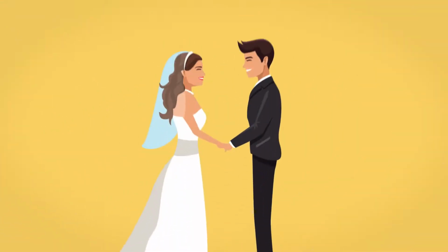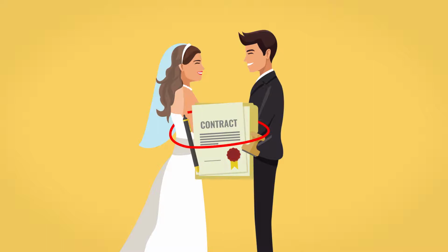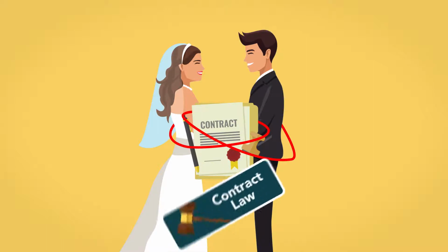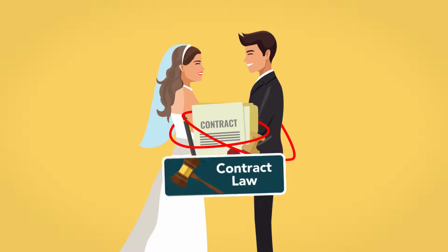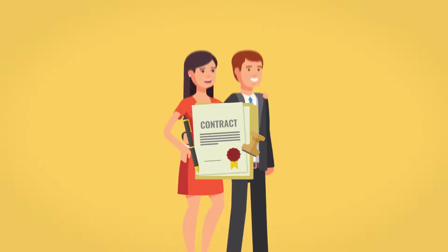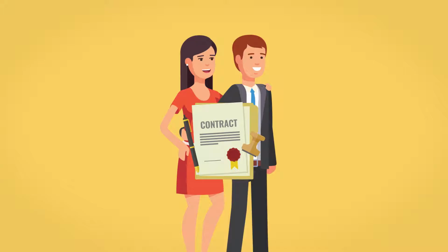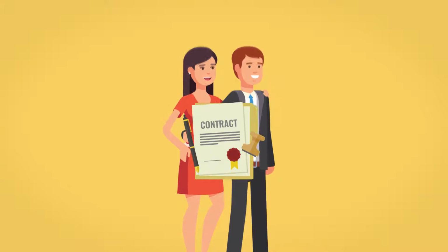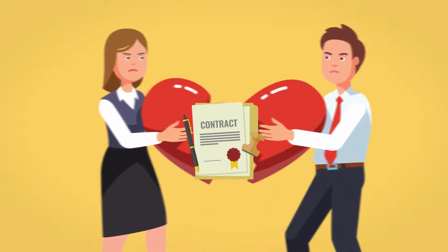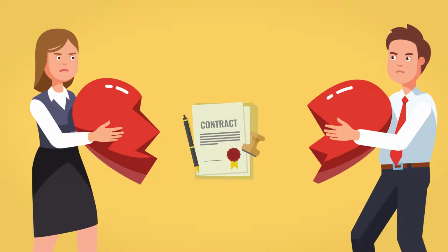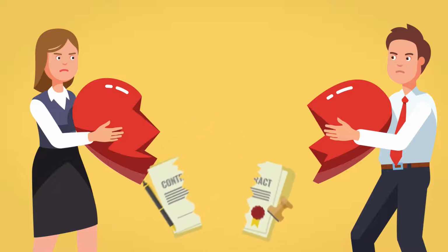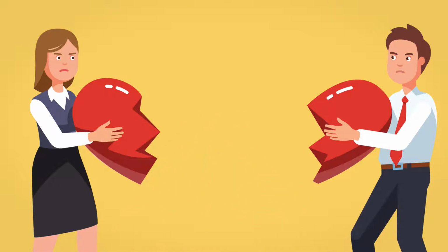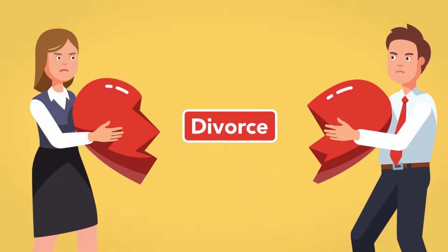A marriage at its most basic is a contract between the two individuals who comprise the married couple and therefore is subject to various contract laws. While married, the couple are in a contractual relationship with each other and with the world at large. But then there sometimes comes a time when the couple split up and the marriage no longer exists as a legal entity. At this point, the marriage contract may be terminated, which legally terminates the marriage. That termination is called a divorce or a dissolution.